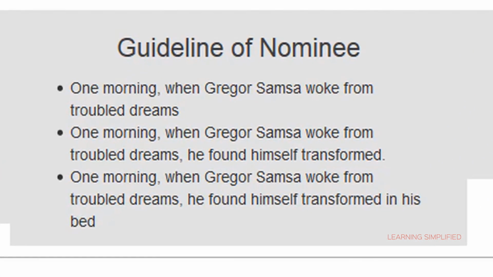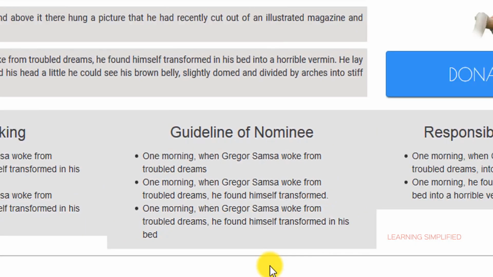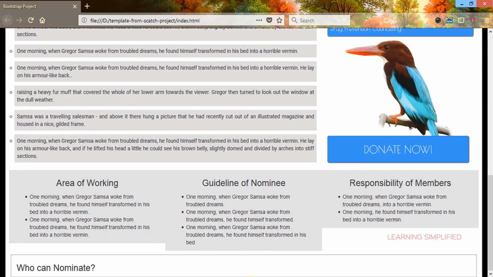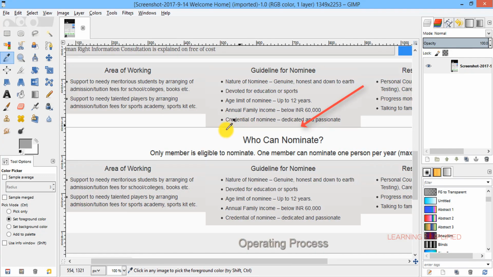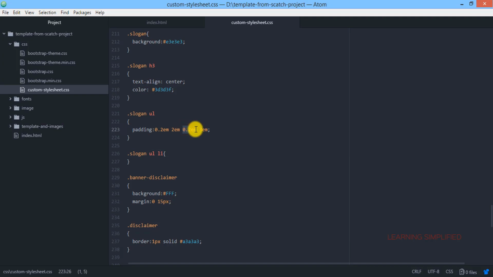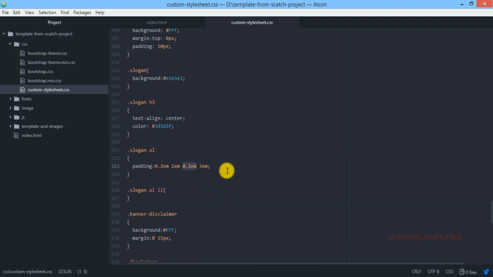The first thing is there's a gap between the above content and the bottom content. So all we now need to do is make this adjustable. We need to make adjustments to it such that it looks like this one. You can see that there's practically no gap in between. We have provided 0.2 em of padding.